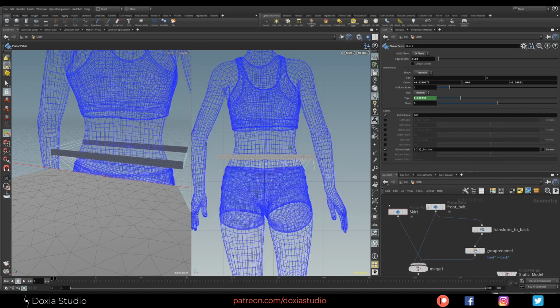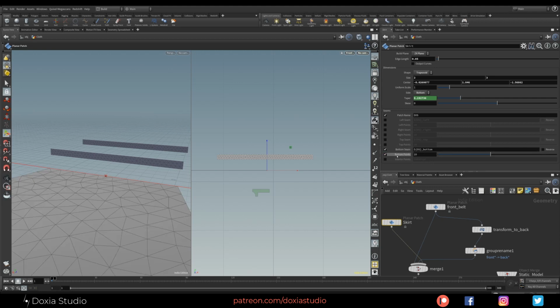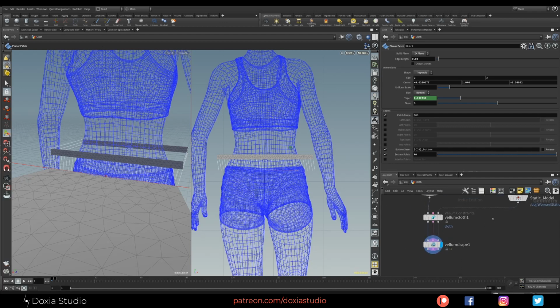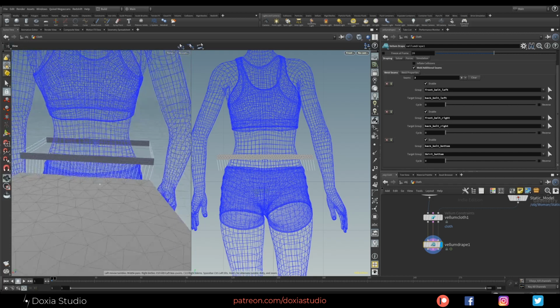How do we increase this without increasing the resolution? You can come here to our planner patch from the skirt, and you can see we have an option down or below the bottom seam, okay? You can put bottom points, and here you can increase the number of points you need. You can see now we have a lot of points here without changing the resolution from the planner patch. If you now check the vellum drape, you can see we have all the points connected.